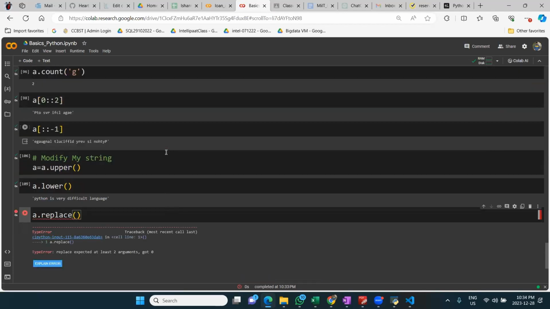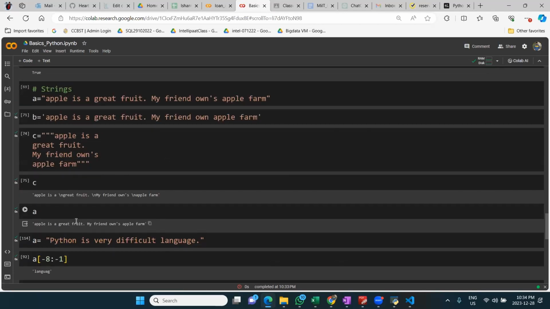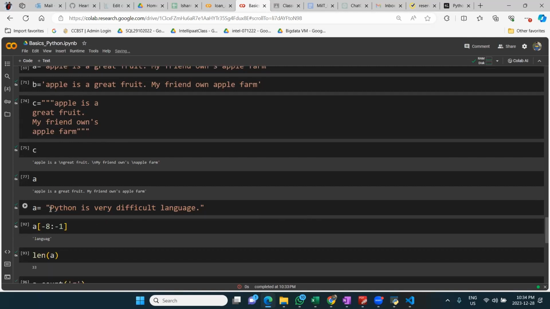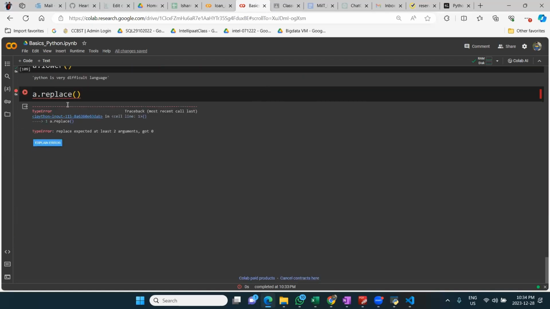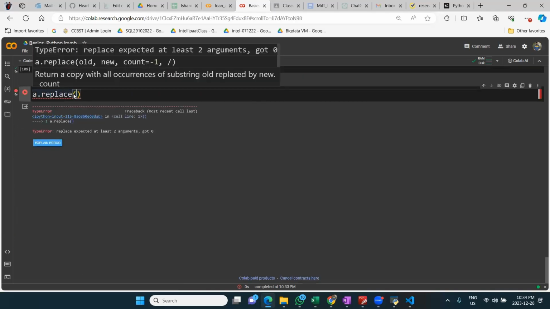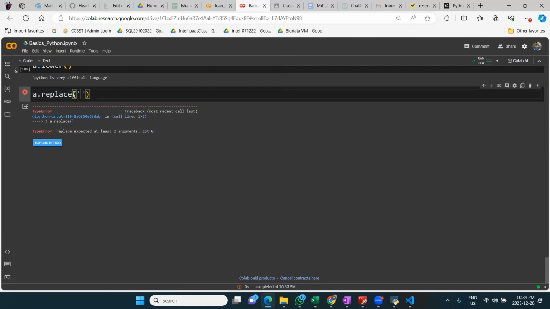So let's say this is my a: Python is very difficult language. Now I want to replace P with J. So wherever there is a P inside my sentence, wherever there is a P inside my text, it will replace it with some other character, let's say J. So if I want to replace P with J,